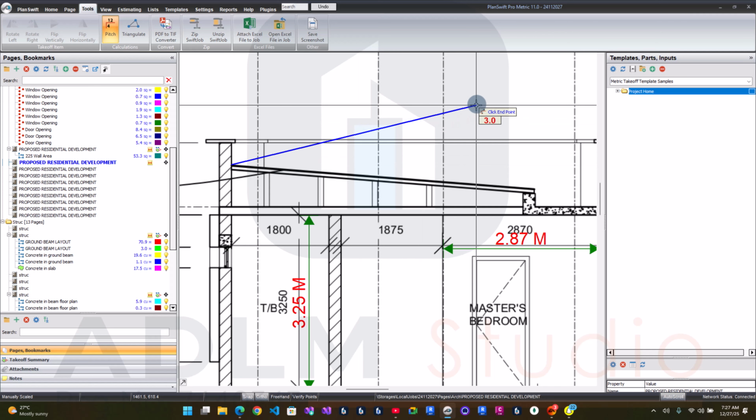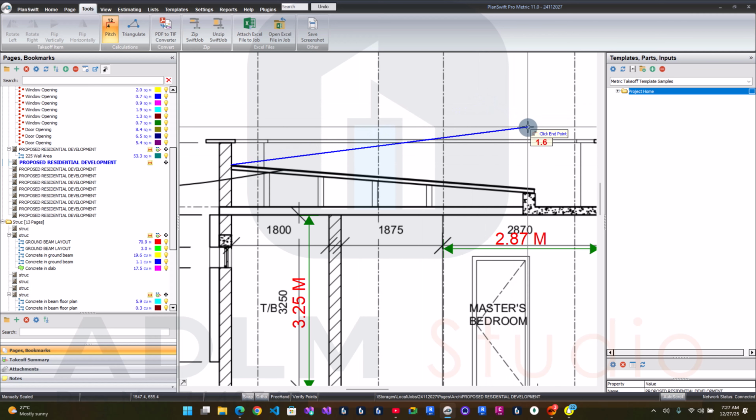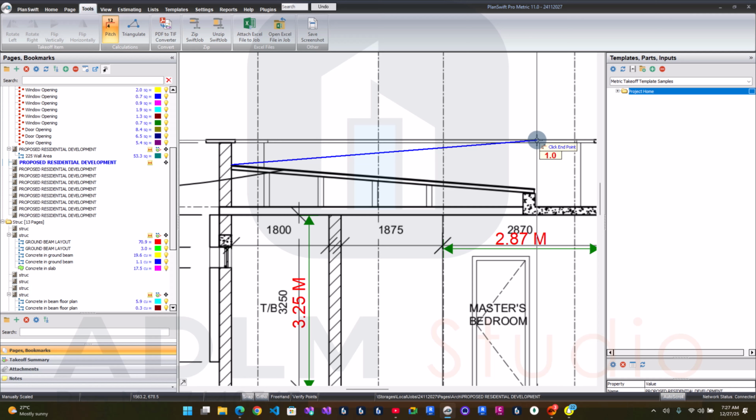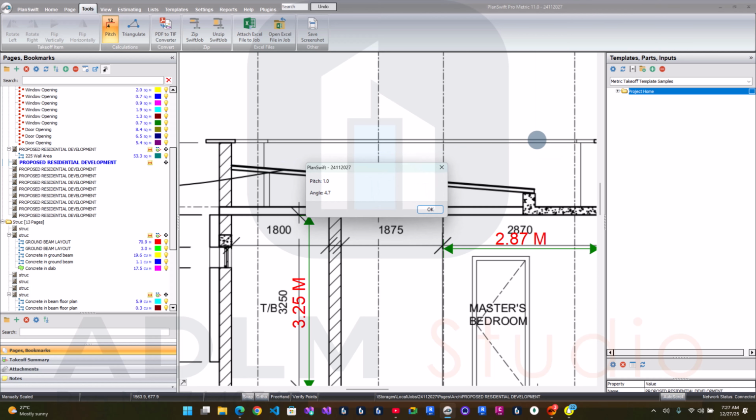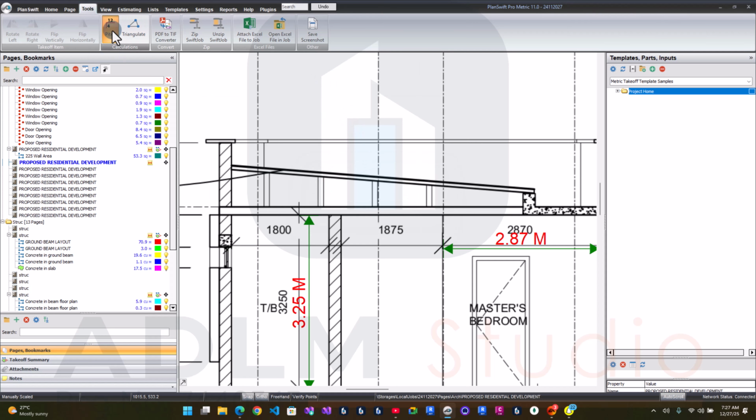Now, let me bring up other scenarios. You can have it going in this direction. Let me bring up a 1 degree also in this direction on one pitch. So it's on the top quadrant, that's 4.7. So it's on the 90 degree quadrant, it gives you the 4.7. It gives you that down to 90 degrees. Then from the 90 degree quadrant down, if I pick this here and go this way for about 1 degree,